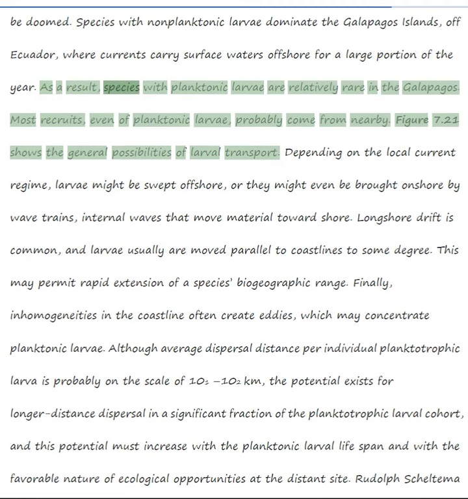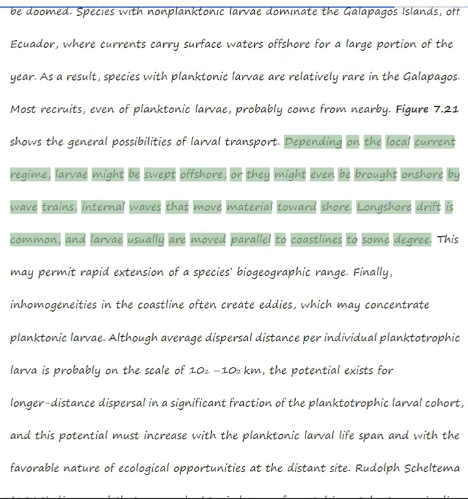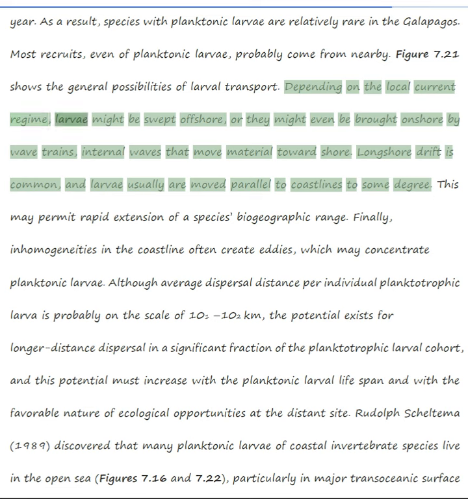As a result, species with planktonic larvae are relatively rare in the Galapagos. Most recruits, even of planktonic larvae, probably come from nearby. Figure 7.21 shows the general possibilities of larval transport. Depending on the local current regime, larvae might be swept offshore, or they might even be brought on shore